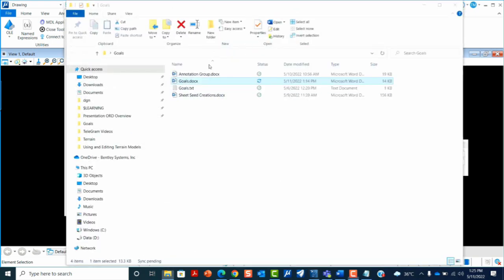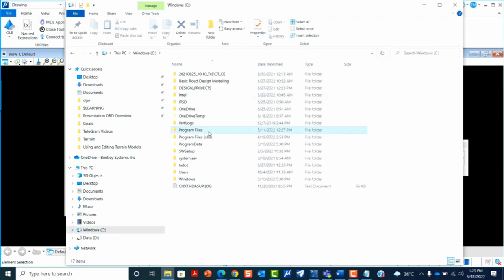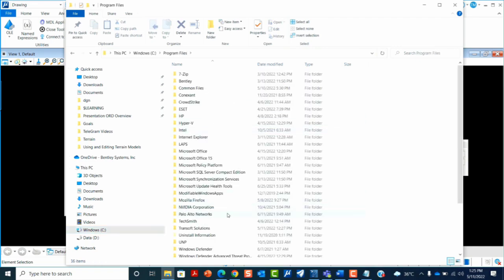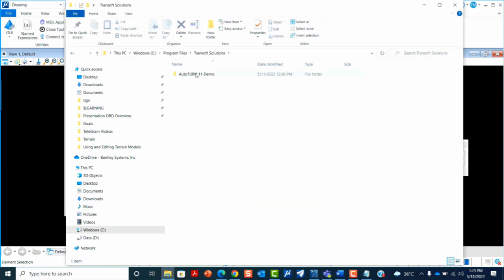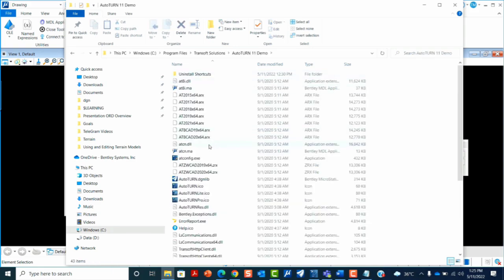Once you install the software, in program files you can get a Transoft Solutions folder, and in that folder you will find the atcn.ma file. So you have to load this file and load the AutoTurn. These instructions are given in the notepad you have saved.